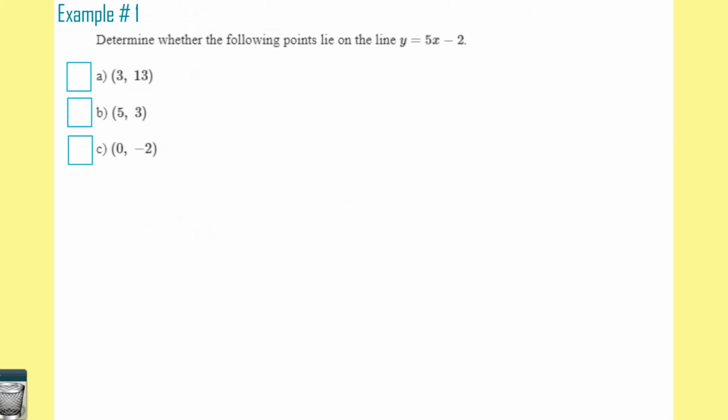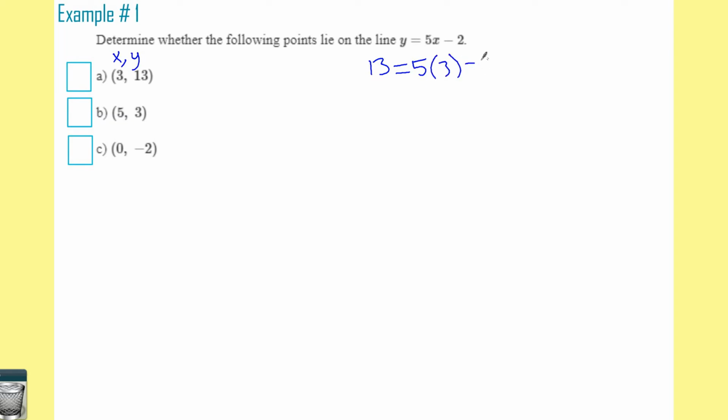So first things first, here we've got an equation. How do I know if a point is on that or not? Okay, yes, I could graph it and then just visually see, but there's an easier way. All the x's and y's in this equation, the x and y represent a point on a line. Well, here you have a point. X comma y is your 3 comma 13. So if I make 13 y and then I change my x to a 3,